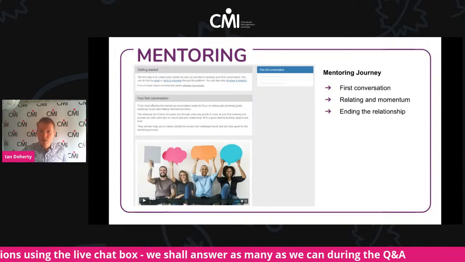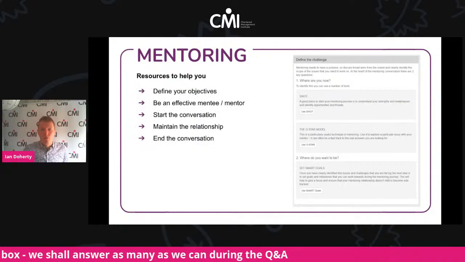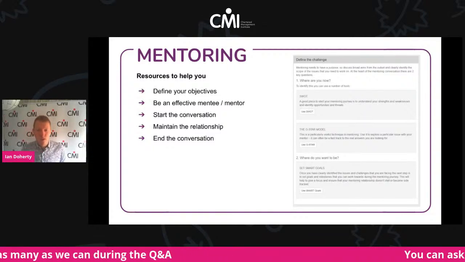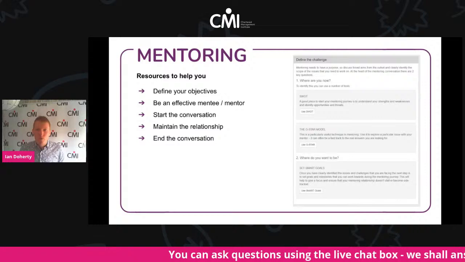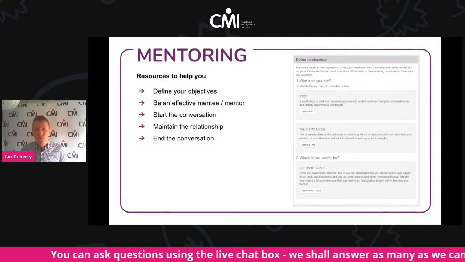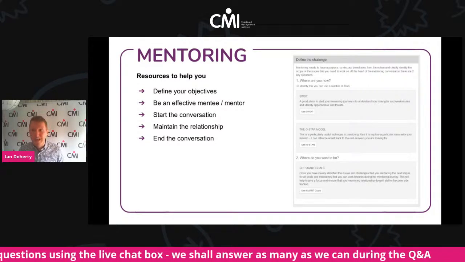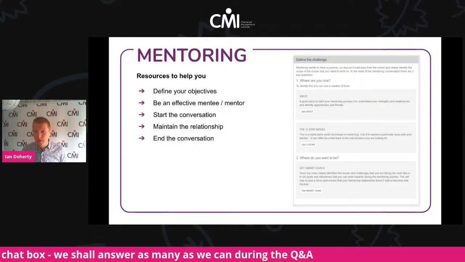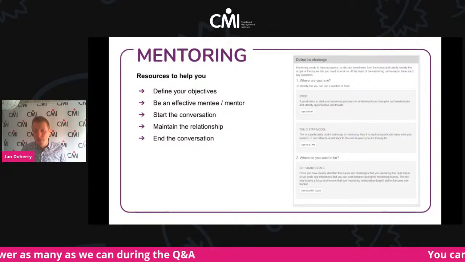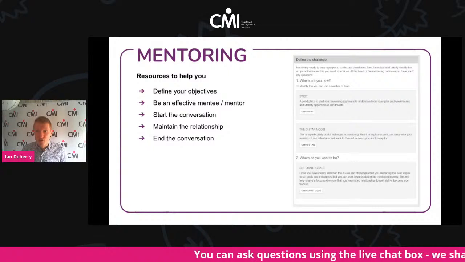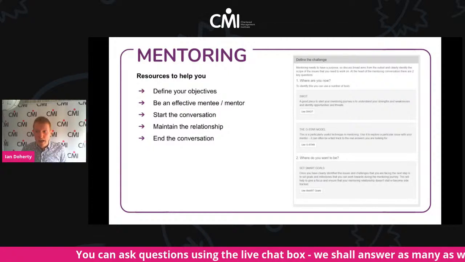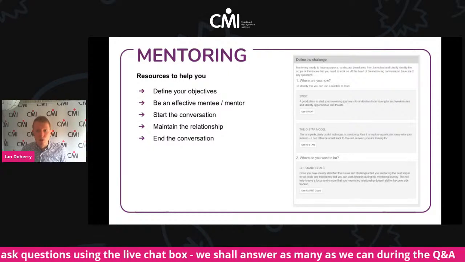And then finally, within the mentoring system itself, there's all sorts of helpful resources. So it can be quite daunting if you've not had a mentor before in terms of where you get started. So within the platform, there are some things that will help you to define your objectives in terms of what you want to get out of it. And some examples of that, which you can see on screen now. There's some analysis tools around SWOT analysis you can carry out on yourself, for those of you familiar with the GROW model, and some guidance on setting SMART goals.